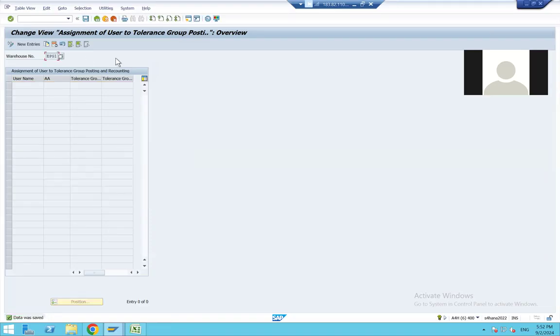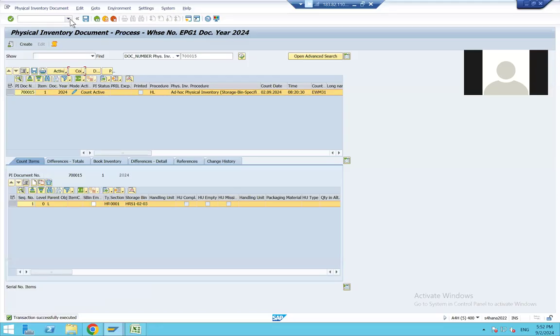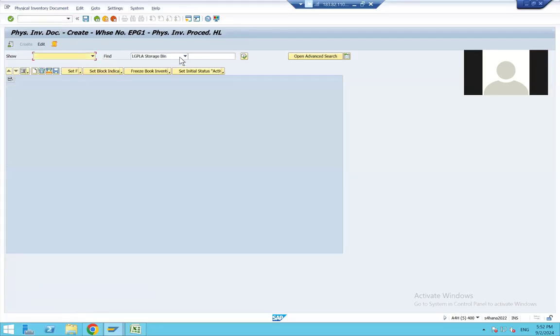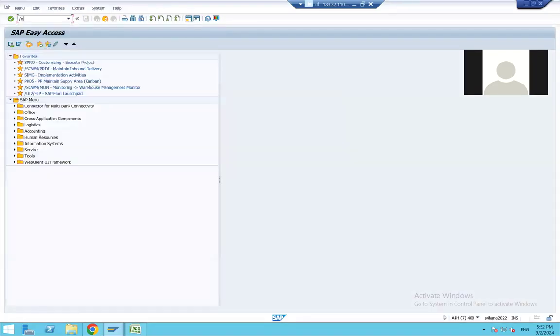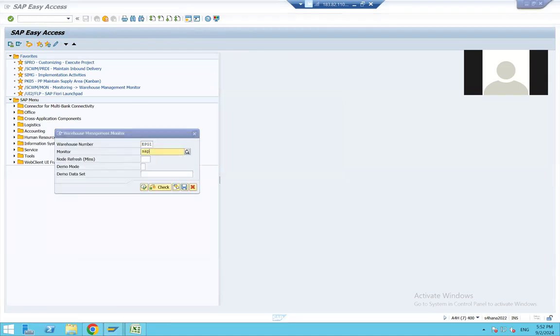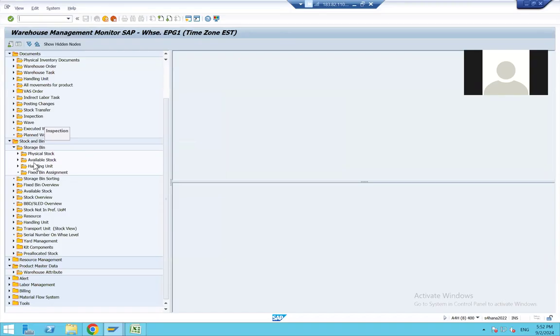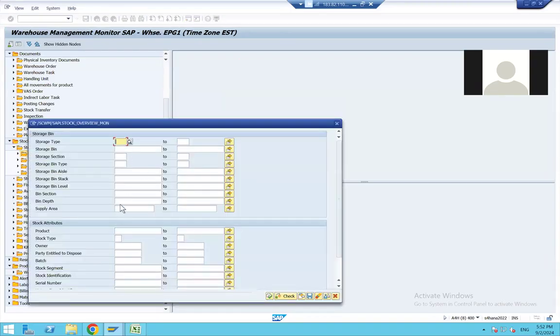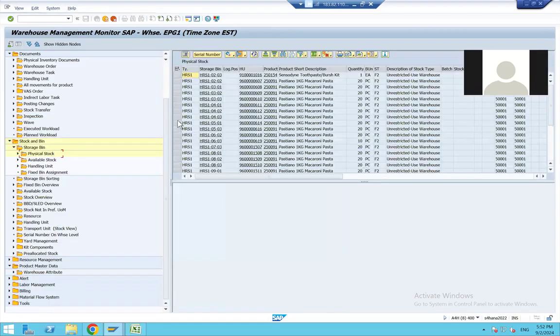Okay, save. Now what I'll do is I'll again try to create a physical inventory document. Okay, PI, and let me use a new bin. Shows like a CWM/MON. Okay, and we will see physical stock for the storage type for the next bin. You will see what happens. How is it impacting? So for the next bin now,